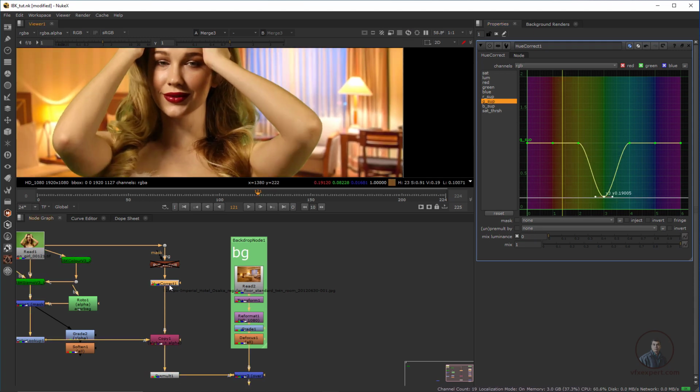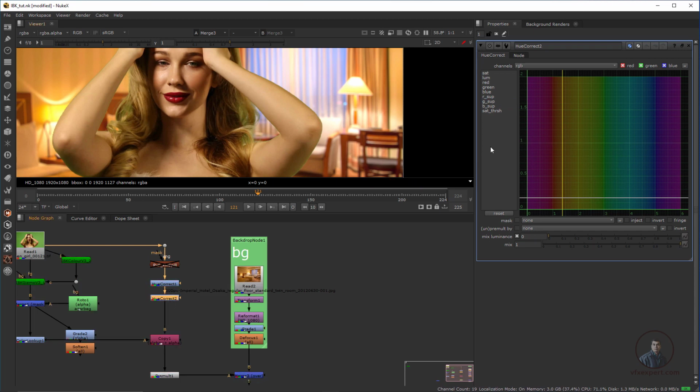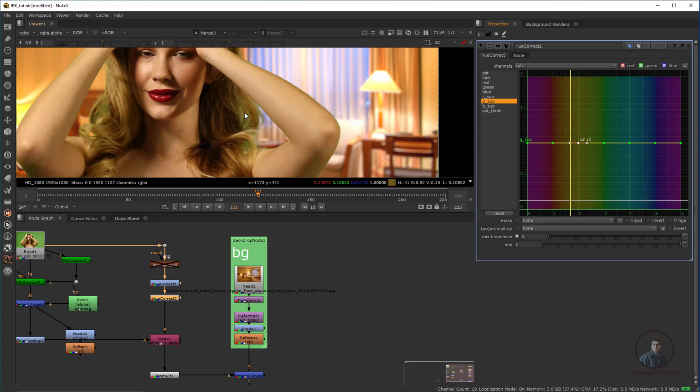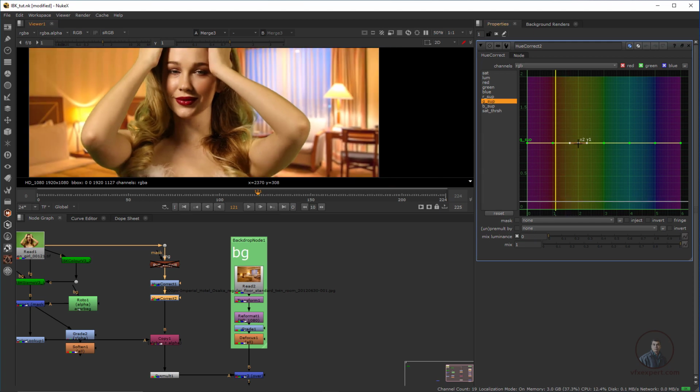Maybe some adjustment, and also take another one, press Tab, HueCorrect again, go to green suppressor and adjust this value a little bit, because this is actually not pure green here. You can adjust this one also.